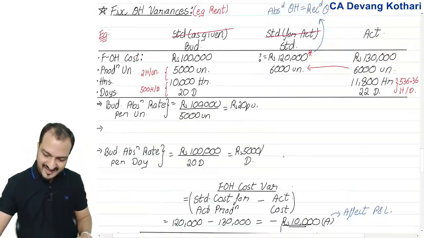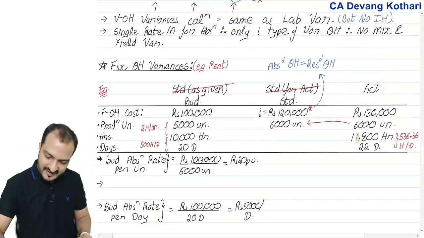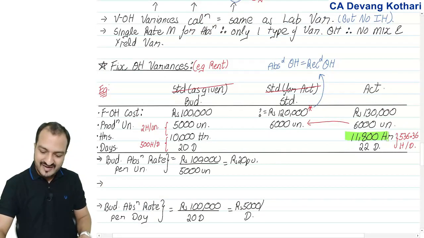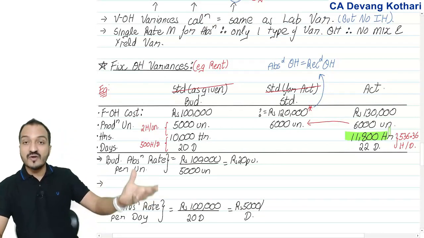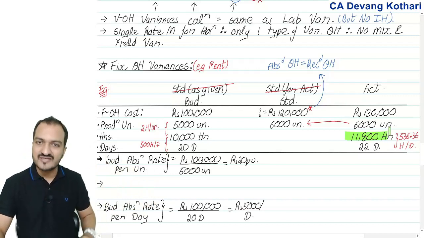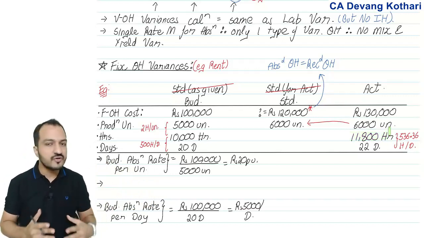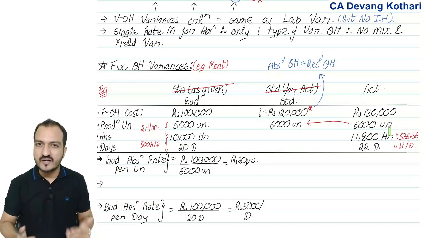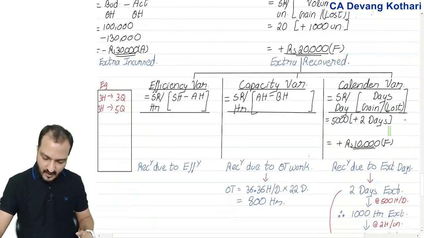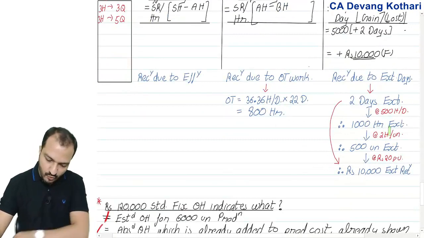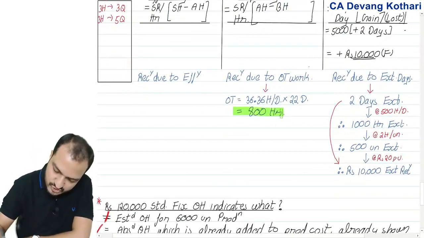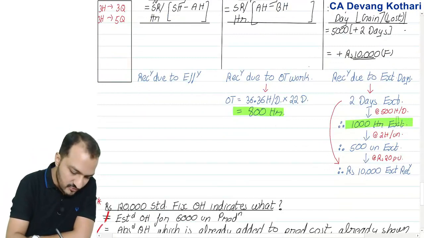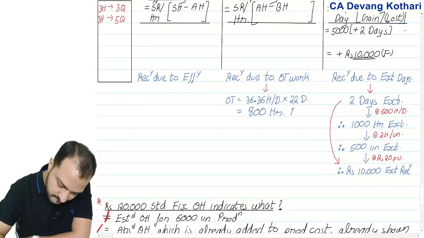Out of 11,800 actual hours, you found out that 10,000 was as per estimate, 1,000 was extra because of extra days, but the remaining 800 is extra due to what? That remaining 800 is extra because of overtime. And if you got 800 hours extra because of overtime, now that 800 hours extra